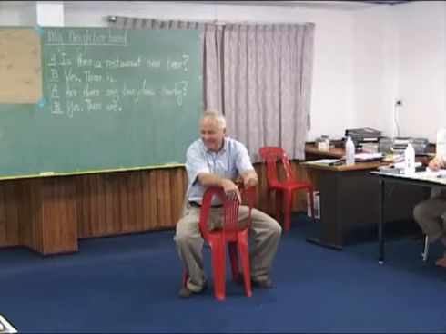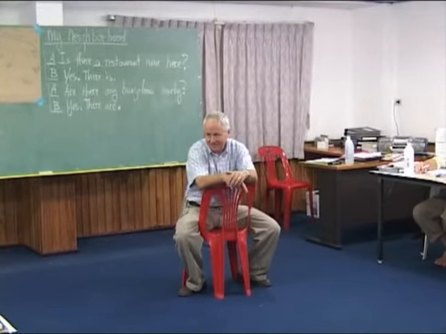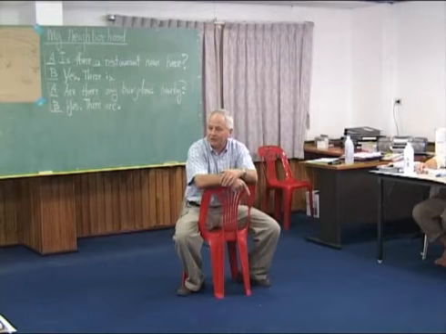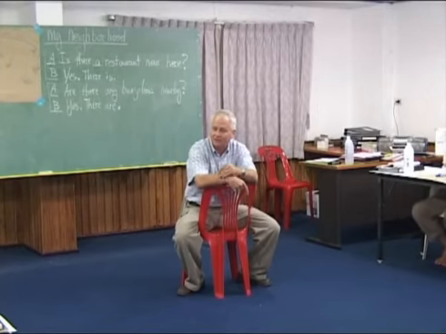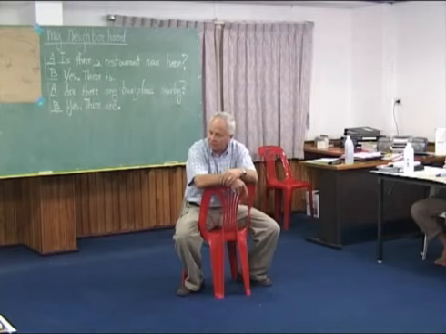I have a question. If you're going to split it up into 2 parts, do you demonstrate the entire dialogue first? Yes, to put it into context. Because one of the things they need to notice is the difference between is and are. We're not going to talk about plural forms of be here. We're not going to explain it. But I want them to clearly see the difference between is there a restaurant near here? Are there any bungalows nearby? And they can't see that if I don't model the whole dialogue. You get my point?